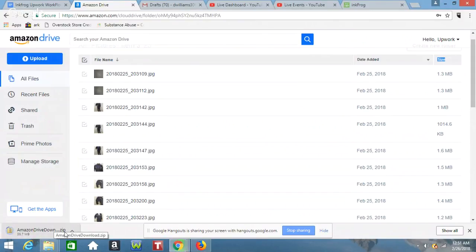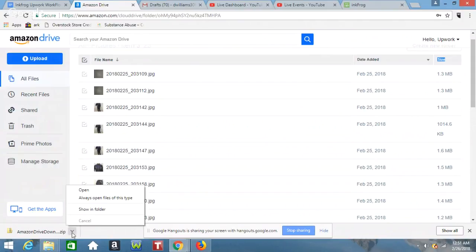It should usually say that. So what I do from there is I select, you may have your own way of viewing the photos. What I do is I click on the option and it says show in folder. I usually choose show in folder